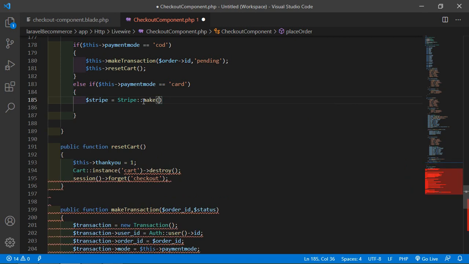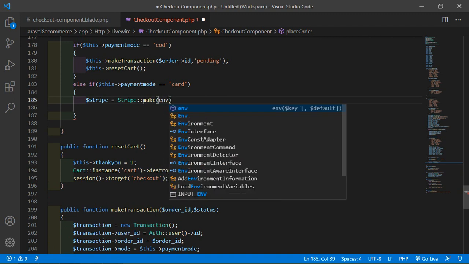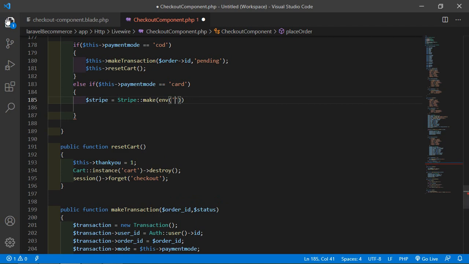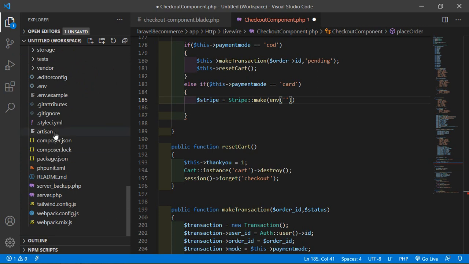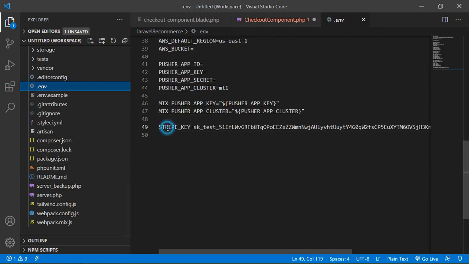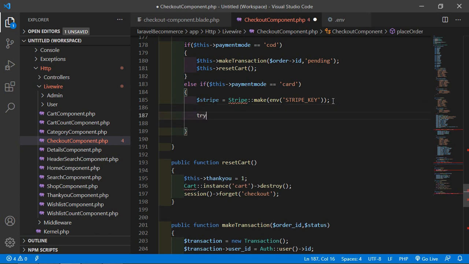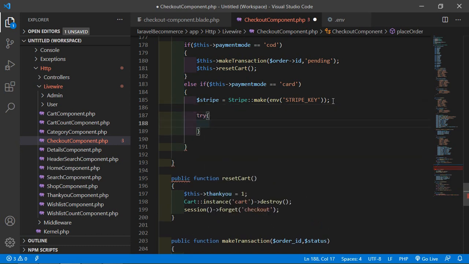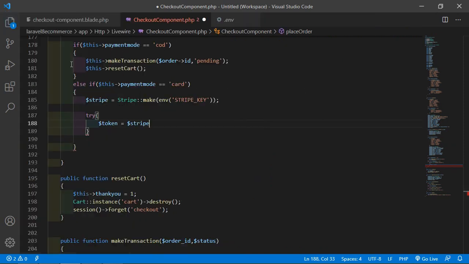and inside this just pass here the stripe key, so call here env function env, and inside this just pass here the key name. Okay, so let's copy the key name, so go to the .env file and from here just copy this stripe underscore key, and inside this just paste here. All right, and now add here the try block, and inside this try, first of all let's create the token is equal to dollar stripe arrow